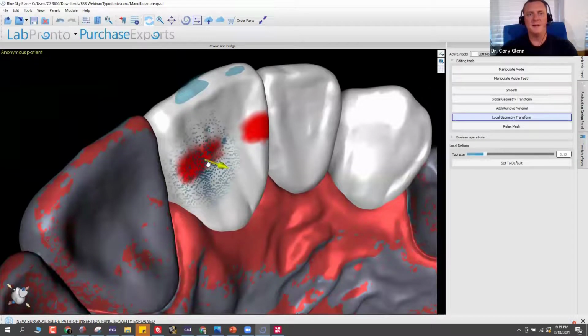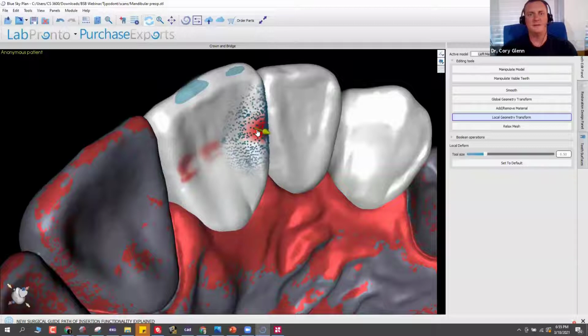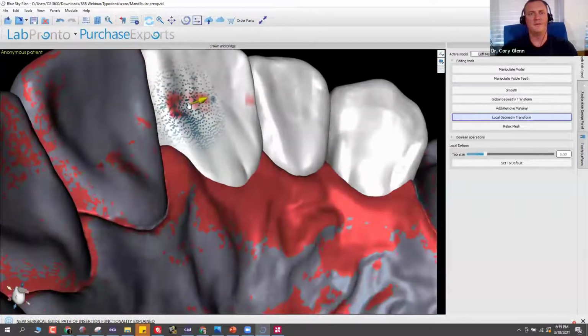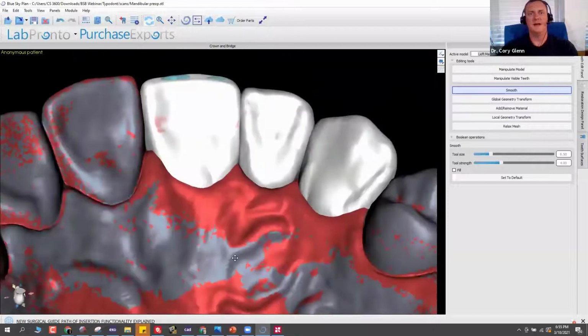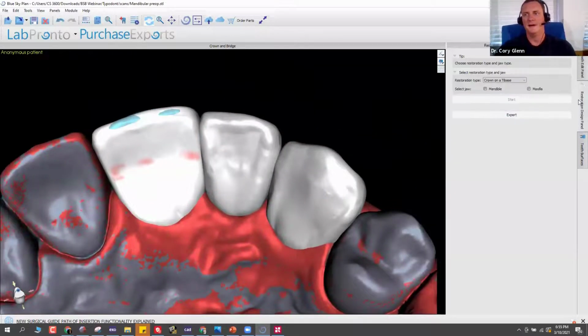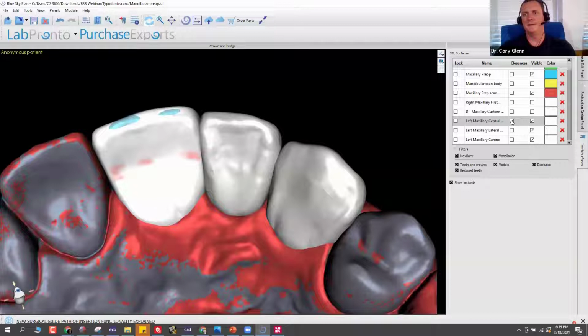All right, so now I've got this, and I'll just pull this back until it's not so tight in occlusion, because I'm obviously well over contoured from where the preoperative was. I could maybe smooth that just a bit. Okay, so now it's looking like a good contact. Back to closeness, I could look at the